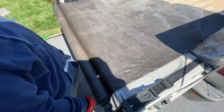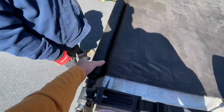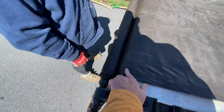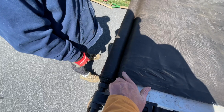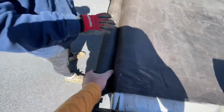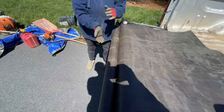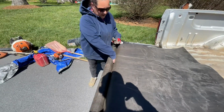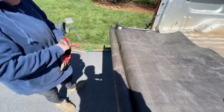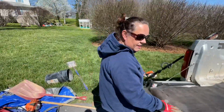So I just noticed when putting this back on, I put it on different this time, and look, it goes like this down the tailgate thing. So if any of you guys have done it that way, that might be a reason why it's harder to pull off. We're going to change this back over so it's not pulling down and over. Normally when Carl flips it, you'll see it's rolling like this, and it doesn't have this tension to fight with. So if you guys are doing that, that might be a reason, because this thing's worked really good so far. We didn't use it to get the rock off, but...